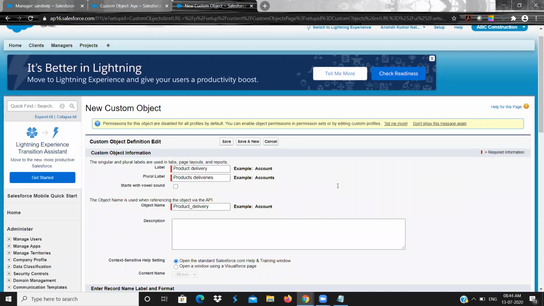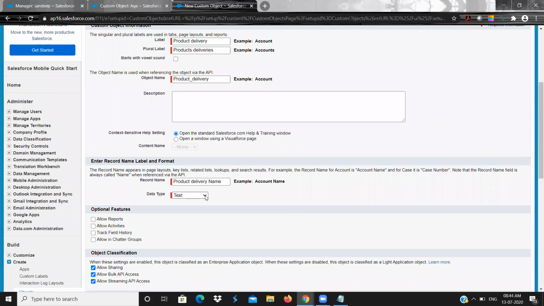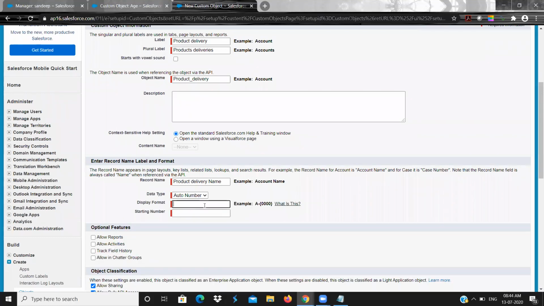So then I wanted it to be an auto number. I don't want it to be this one, text. So PROD-123, the starting number will be 1. Like this I wanted to give starting number 1.